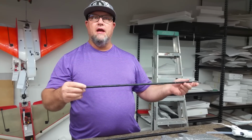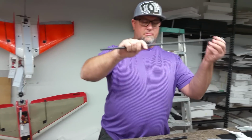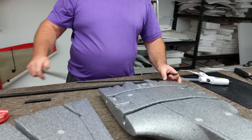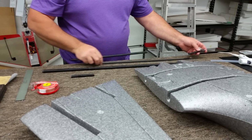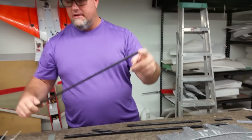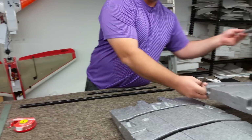But before you do that, you need to cut the sleeve into its right lengths. Because you have one in the wing for the small one in the very middle here, and then one in the other wing. So basically you have 3 pieces on each one of these spars that go in the aircraft, and you need to pull out the actual carbon, do not cut it, and you take the sleeves and cut the sleeves to the right length. So the sleeves that go in the wings here,